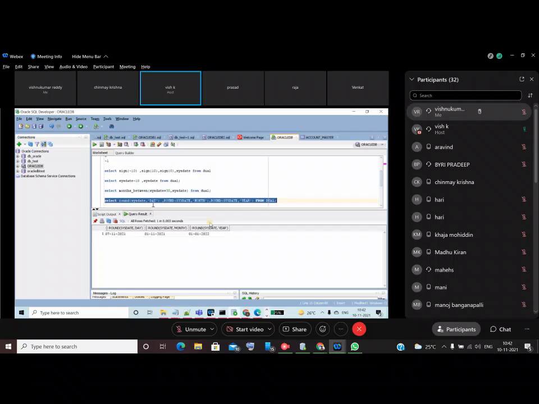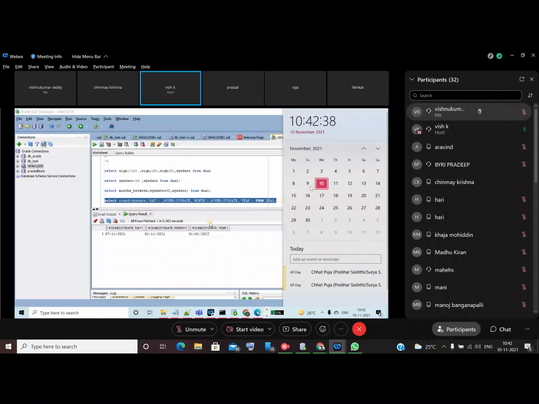You can see day means this week. So actually day means we have the week, right? So we have like this week, right? It will start with Sunday actually. So when you use day, it will go to the first day of the week. And when you use month, first November will come. When you use year, first January will come.